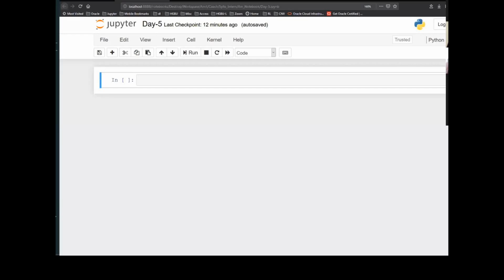Sure. So first, let me explain slicing and striding. So how slicing and striding works. If you have any iterable, let's say you have a string or a list or a tuple, this is a data structure which will store a sequence for you, right? And a sequence will have what?